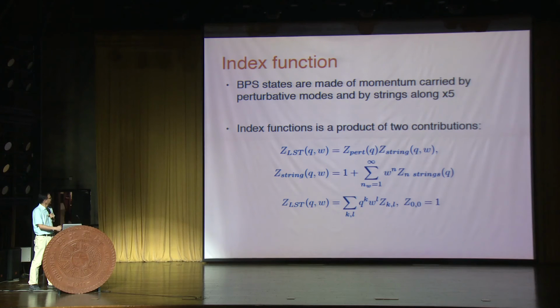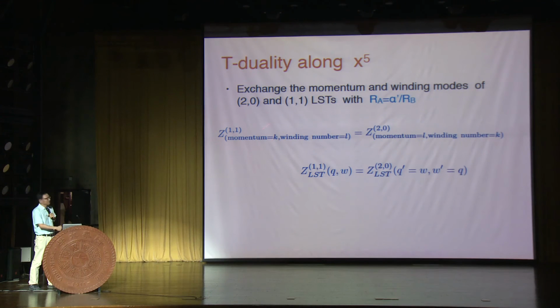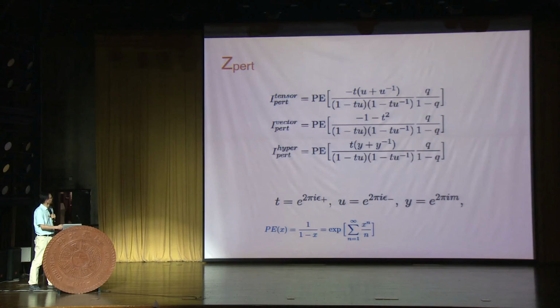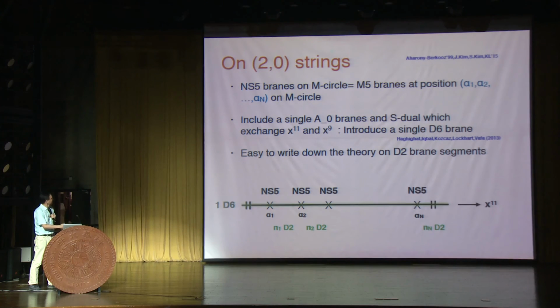Then T-duality means that if we have this reduced string partition function with chemical potential for momentum and chemical potential for winding, then if we expand it, T-duality means that we are exchanging momentum and winding number, which means we are exchanging the chemical potentials between 1,1 little string theory and 2,0 little string theory. And so here is the perturbative contribution from various multiplets from the 1,1 and 2,0 point of view. Kimyeong showed already these diagrams.